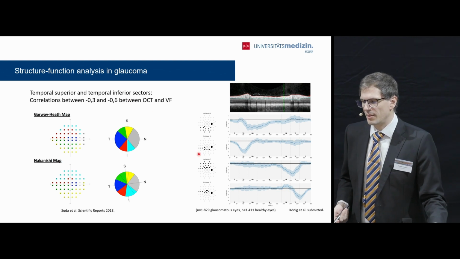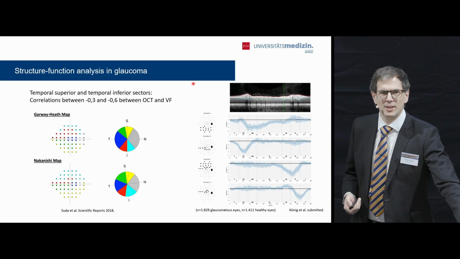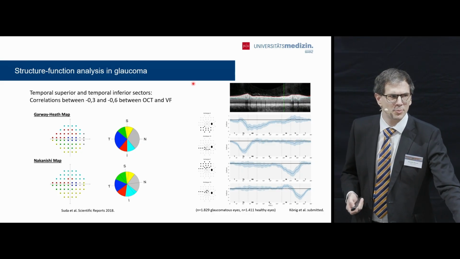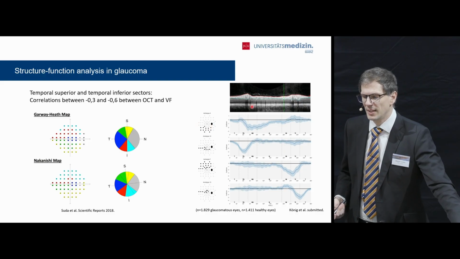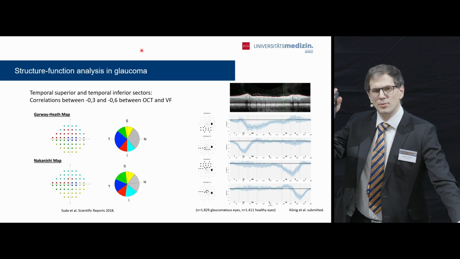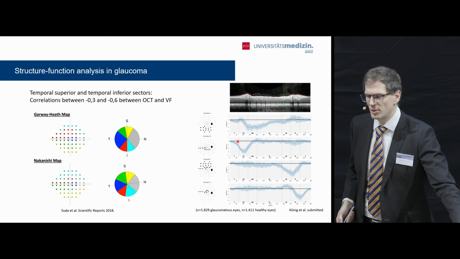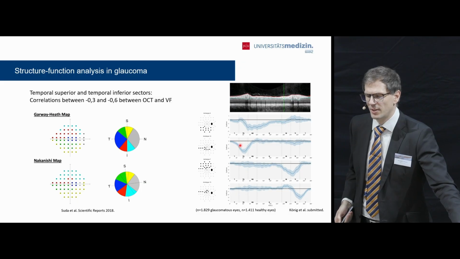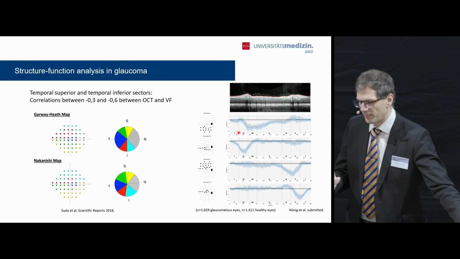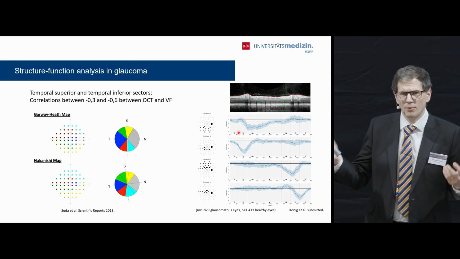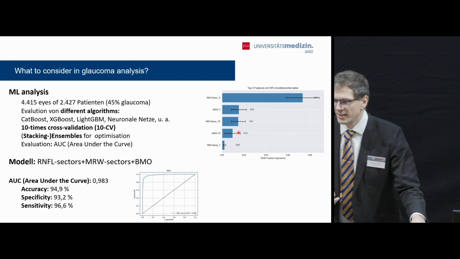And we used the same in our data with over 1,500 glaucomatous eyes using the Octopus perimetry, and we could show the same. If you have a broad visual field defect, it's more in the superior nasal or inferior nasal part compared to the central visual field defect, where you have the deviation more towards the temporal sectors. When you now think, okay, what shall I take into account to actually make a good diagnosis?